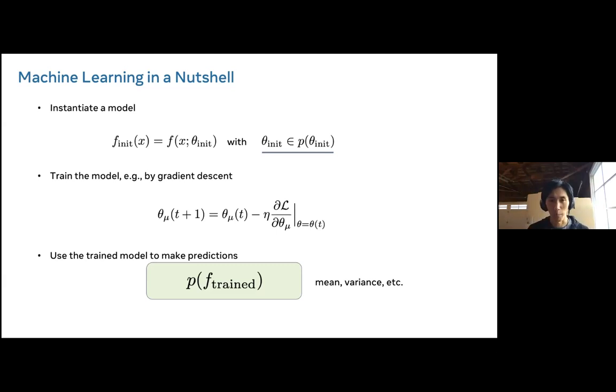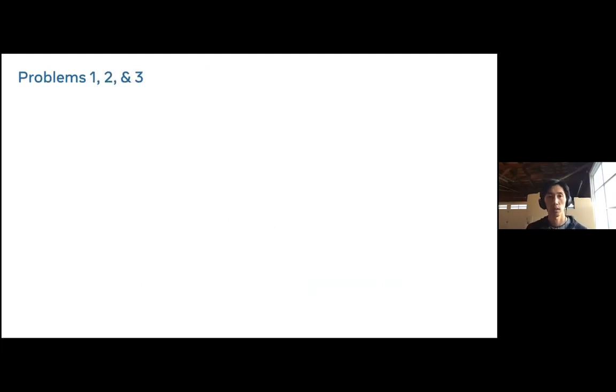parse this slide better. Okay, so you instantiate the model. Initialization here: you have bias and weights drawn from an IID Gaussian distribution in each layer. You train them by gradient descent. Now you ask about the distribution of this ensemble of trained neural networks. You ask about mean, variance, and so on and so forth. Cool. Okay, so we want to understand this distribution of